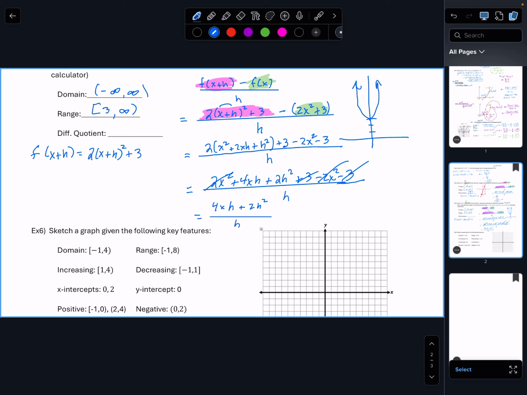Now don't get cancel happy. You cannot cancel these. You have addition of terms. You have to be able to take out what you want to cancel from both terms. And so that means if I take out an h out of both terms,